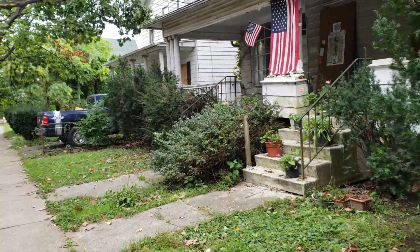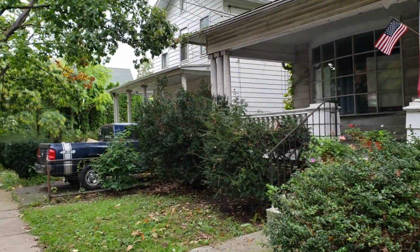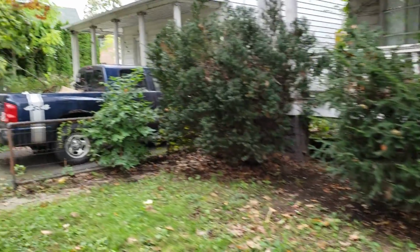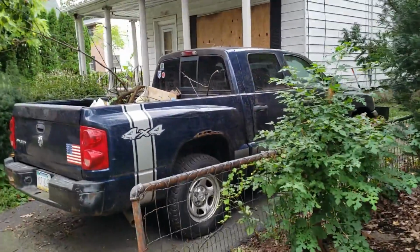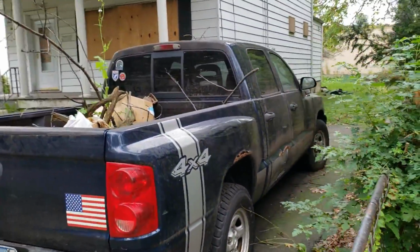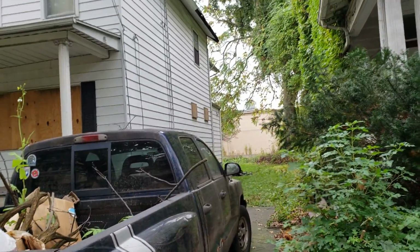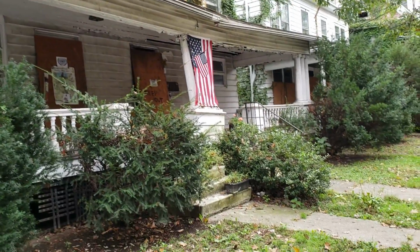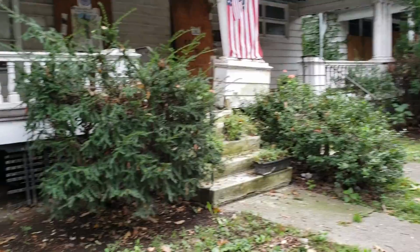The other thing that's kind of strange is that while I was on the porch of that house where the truck is, a woman came walking out from between the houses and kind of startled me. I don't know where she came from, but she saw me, she acknowledged that she saw me, but she came walking from back there, so I don't know. It was a little bit strange. But I think that's going to do it for now. I don't want to hang around here too much longer, causing any attention to myself, but